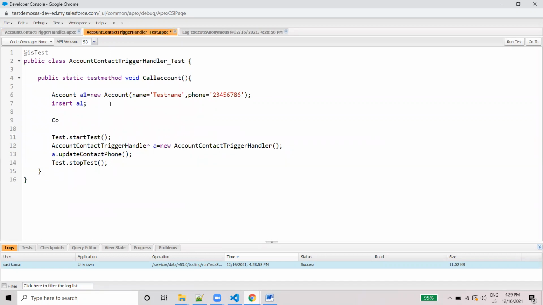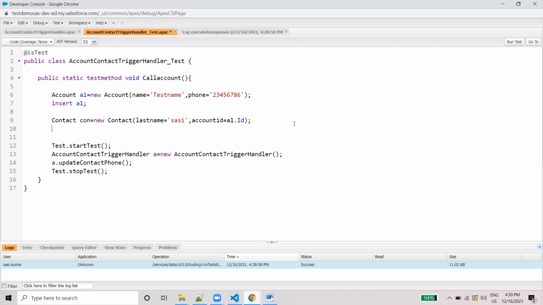So now I'm going to create Contact con equal to new Contact, and last name I'm using Sasi, and AccountId equal to a1.Id. Finally we need to insert con. Now you can save this.